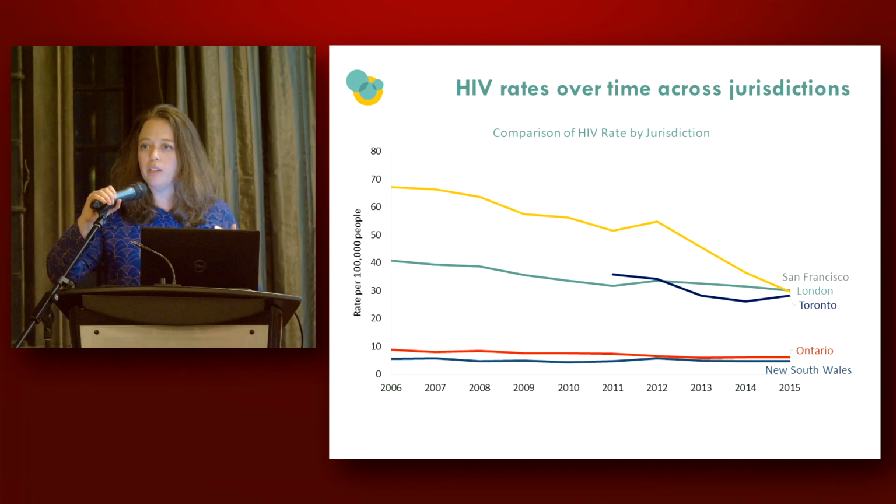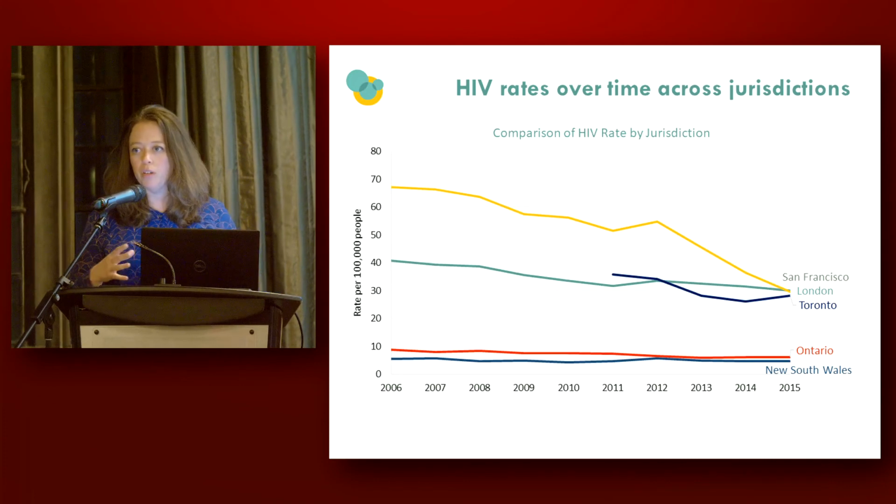So when we're thinking about what's going on in places like San Francisco or London compared to Ontario, Ontario is a very diverse population. It's both urban, suburban, and rural. So we want to be comparing similar places. And we can also think about whether, in addition, there are similar epidemics. It's challenging in Canada because we have such diverse provinces where not only data collection is different, but also the epidemic is quite different in different provinces and driven by different factors.